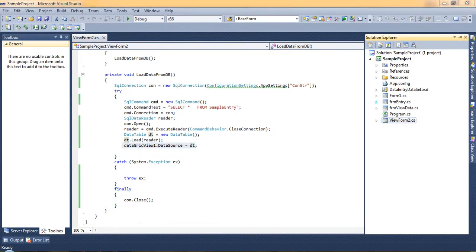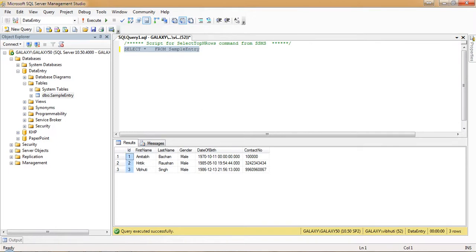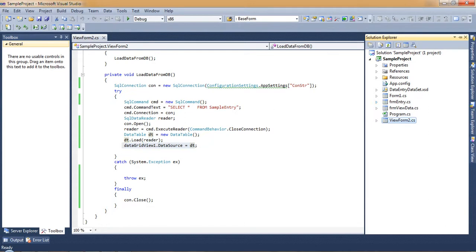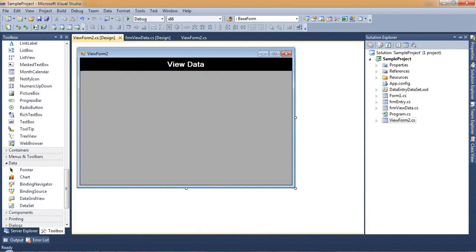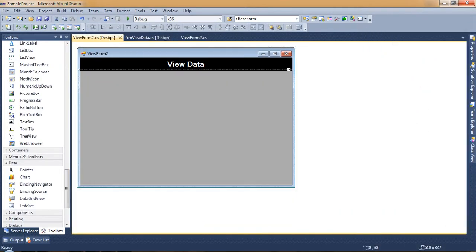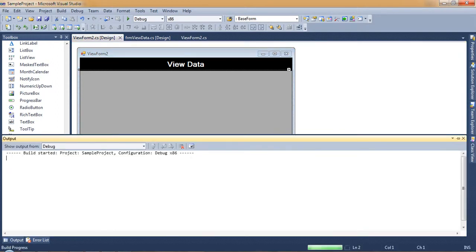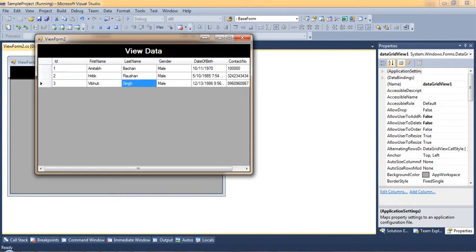In our database, our unique ID is this ID. So how to get that? When the user double clicks on any of the content, we need to fetch the ID, that is 3, which we will pass to another form to perform an action, either delete or update. So how to do that?